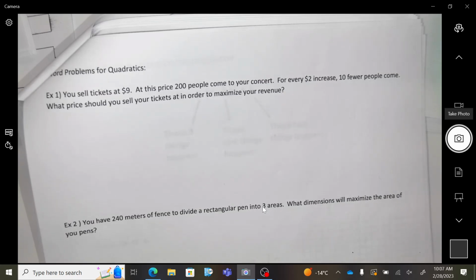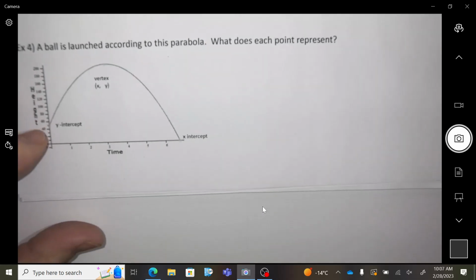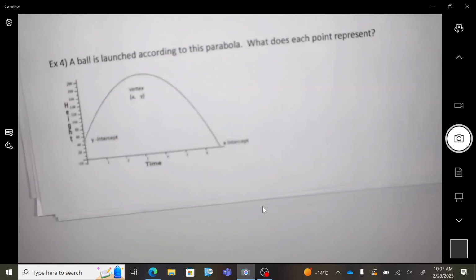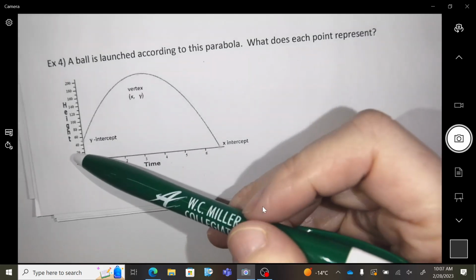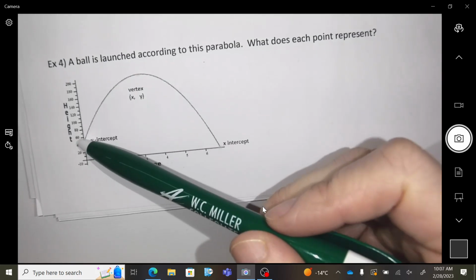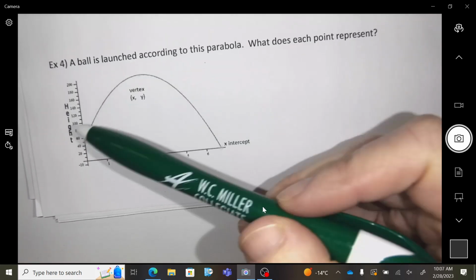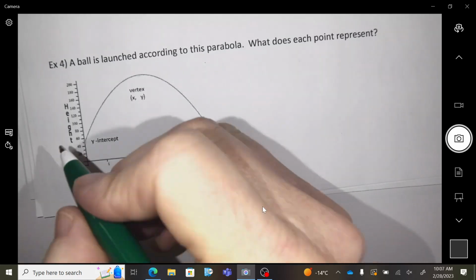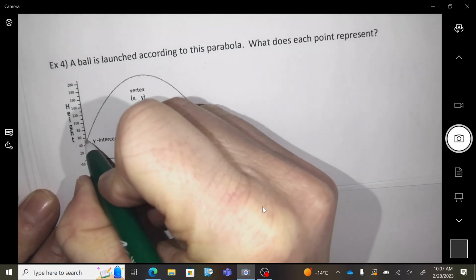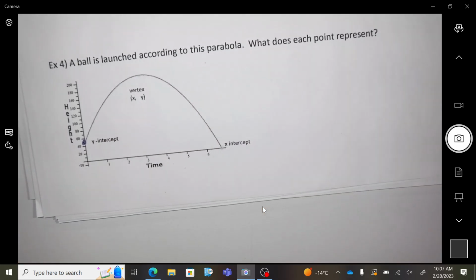I'm going to talk about the last word problem here first. Okay, studying parabolas is actually very studied in physics, real life, projectile objects, architecture, a lot of sports analysis with how to project a football, a basketball, whatever. So this is the shape it makes. So think about somebody that is hitting a golf ball off of a hill or throwing a football from their